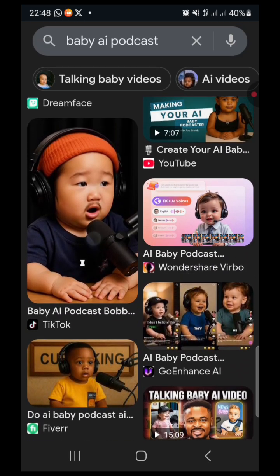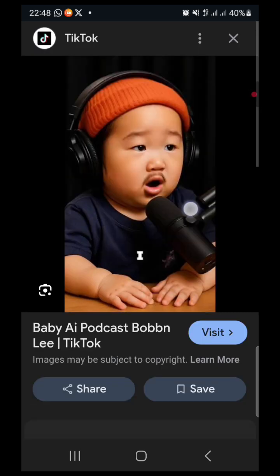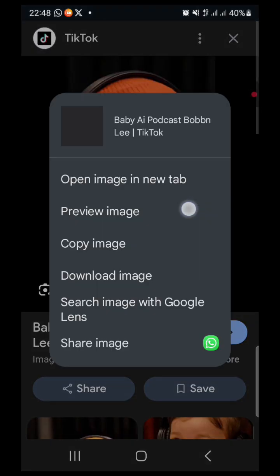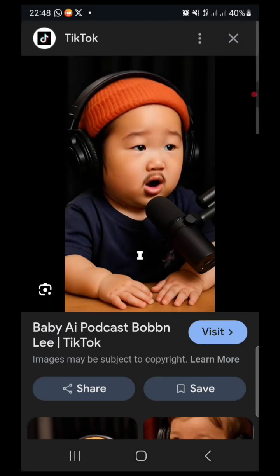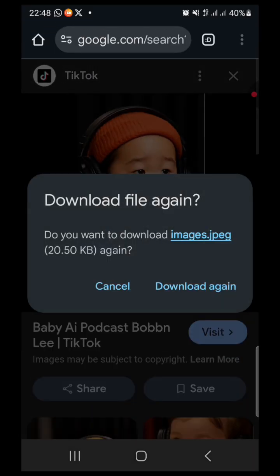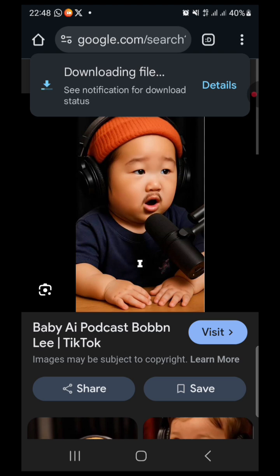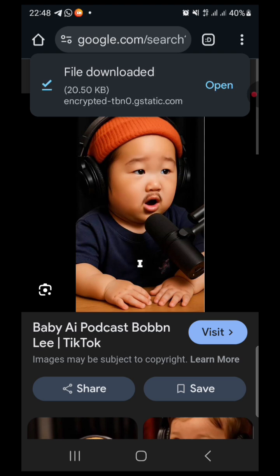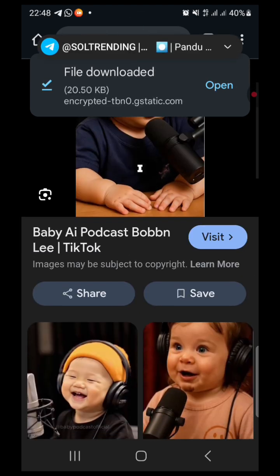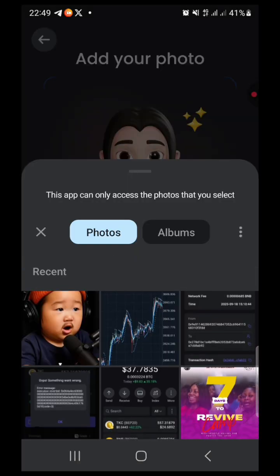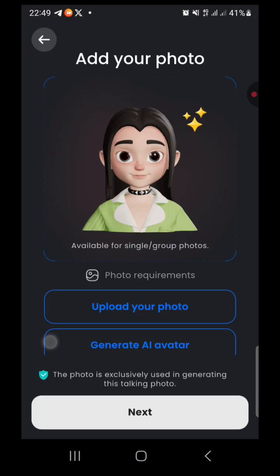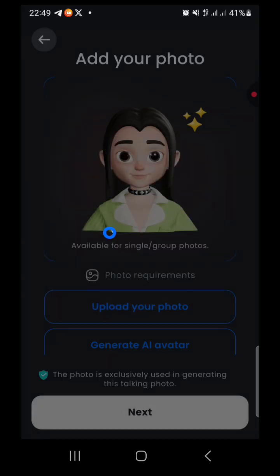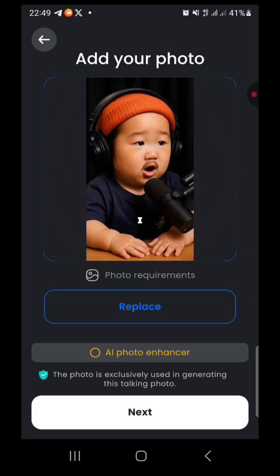All right, I finally made my choice because why not? So I'll just go straight up, long press, and download the image. And right about now, it's supposed to be in my gallery. Okay, it's downloading and it's downloaded. So I'll go back to the application. So next you want to upload your image that you just downloaded. Upload the image and wait for it to upload. Okay, then select the next,